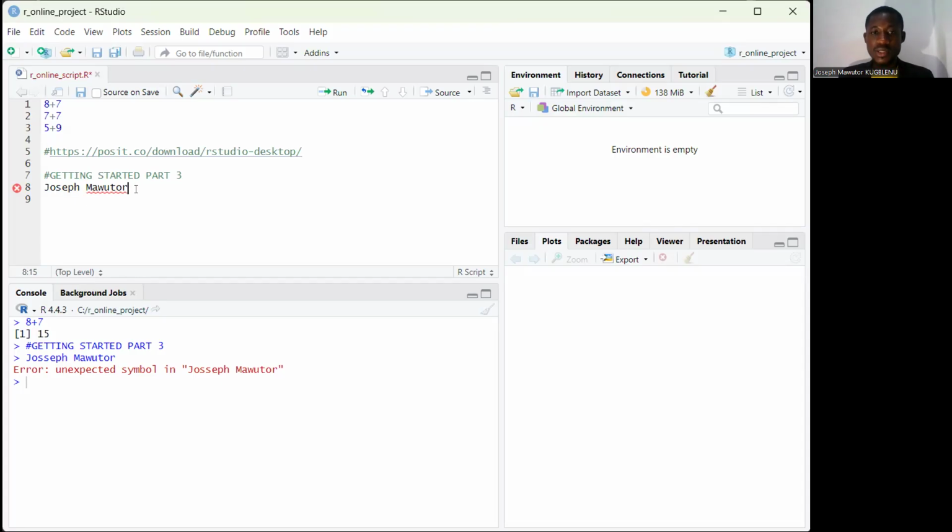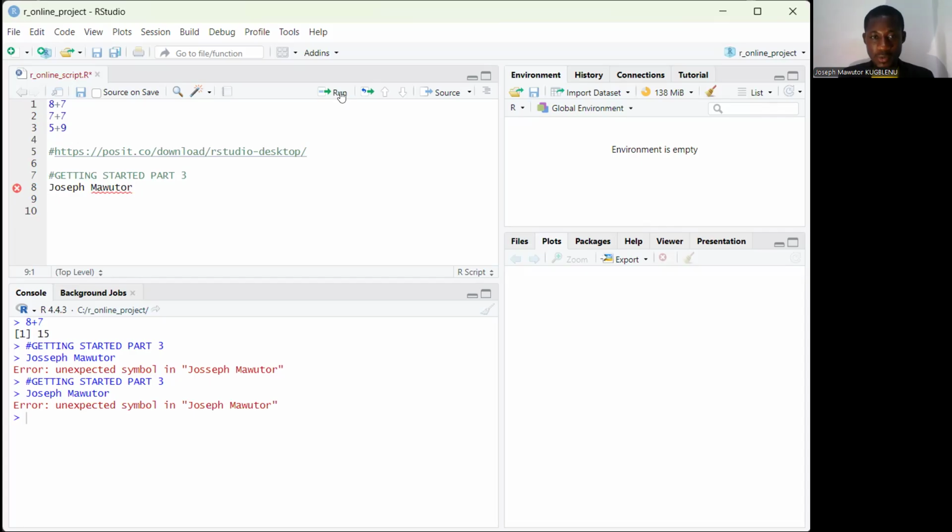So because Joseph Malta is not in a quotation mark, that is why whenever I run it, it gives me what? An error. I'm going to run it again. It will still give me what? The error. And so to correct this error, I must first of all ensure that I have the name Joseph Malta in what? In a quotation mark, right? So it could be a single quote